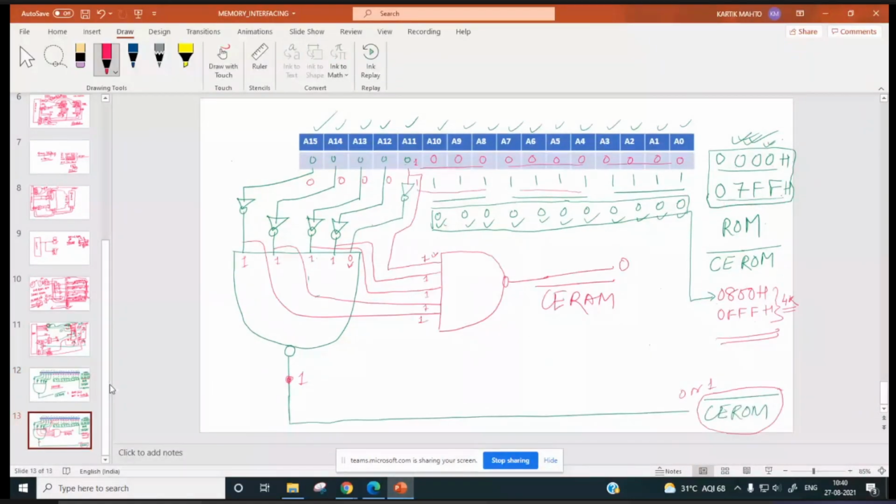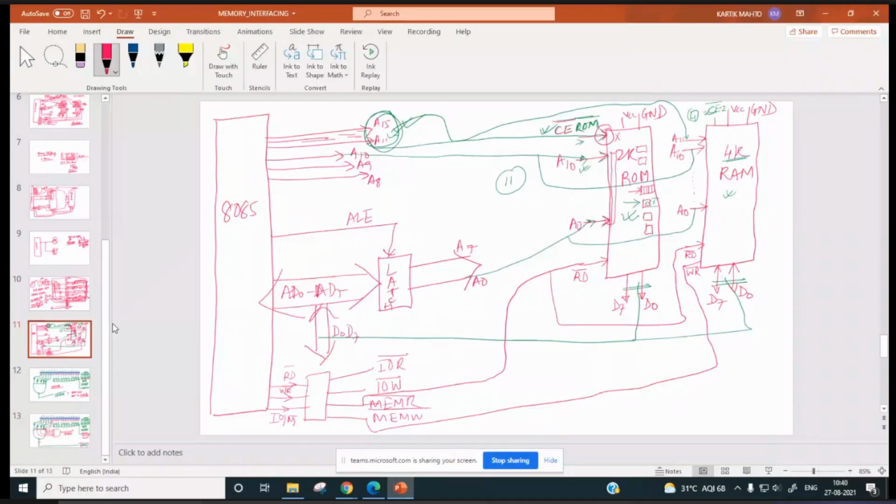It will be 0800H, and finally it will be 0FFFH. It will read first data from first location, or it will write data onto the first location if it sends 0800H. Right, in that case, ROM chip is not going to be enabled.